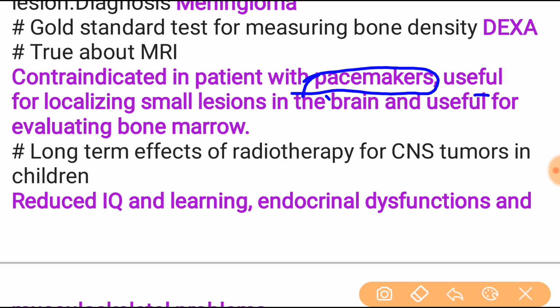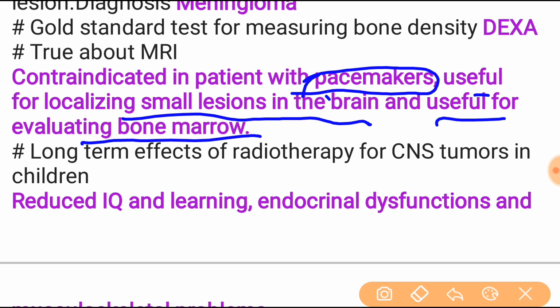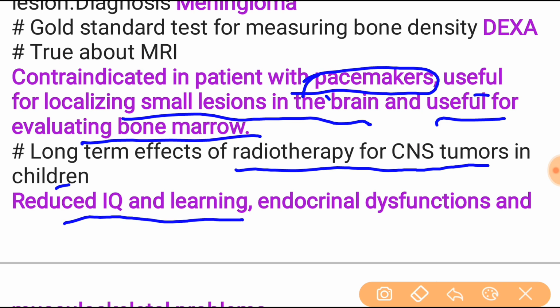Used to localize a small lesion in the brain. Useful for evaluating bone marrow. Long-term effect of radiotherapy for CNS tumor in children will be reduced IQ and learning, intracranial dysfunction and